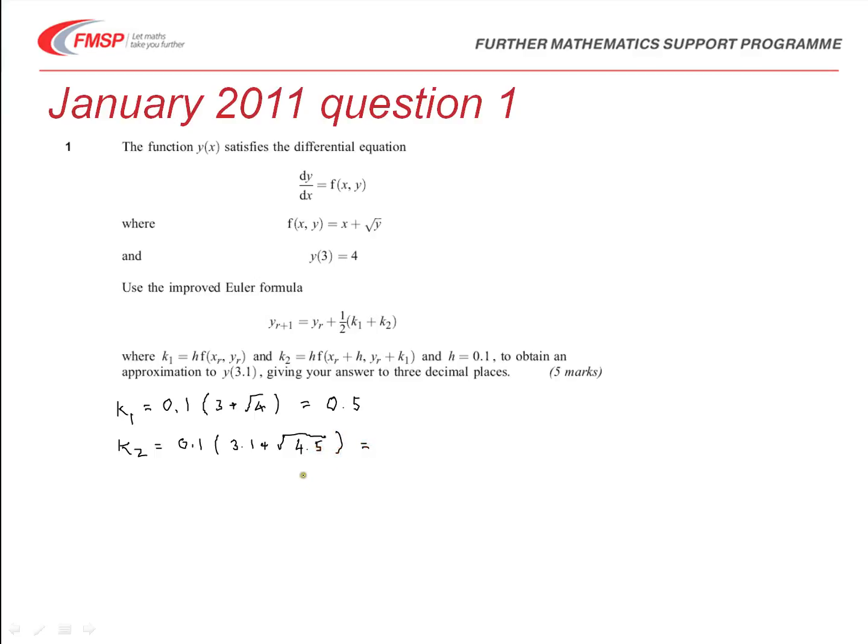So now we need to evaluate that on our calculator. And remember, if we want an answer accurate to 3 decimal places at the end, we need to certainly write down more than 3 decimal places in our solution from our calculator. So we could write down something like 0.5221. That's 5 figures, and obviously that continues on the calculator. And we can keep that value on our calculator so that we can use it to now find the new value of y. So to find y at 3.1,